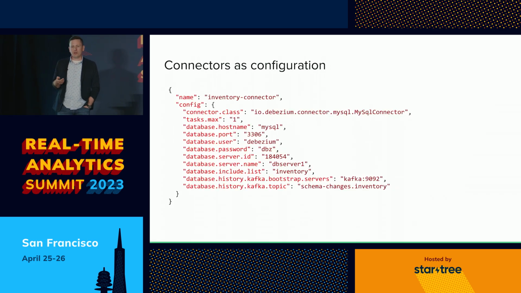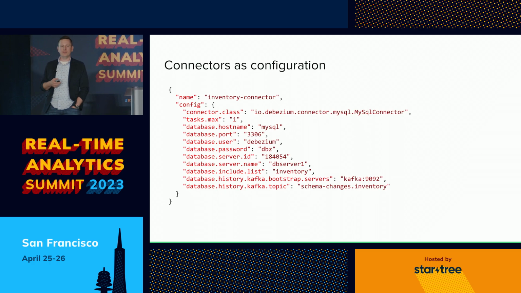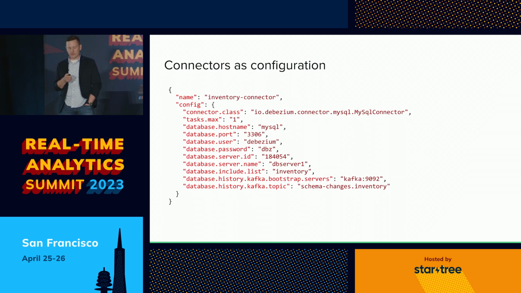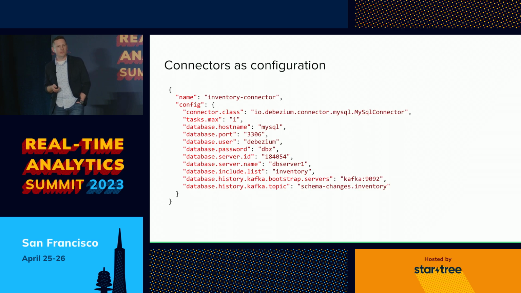So connectors are nice because they're already fairly declarative in the sense that you don't have to really write much code to use them. If the connector already exists, someone's already done the work of writing the Java for you, you really just have to configure your connector. So here's an example of what configuring a connector might look like, right? You have to tell the connector what port to reach, what username to use, and so on. But that's mostly it.